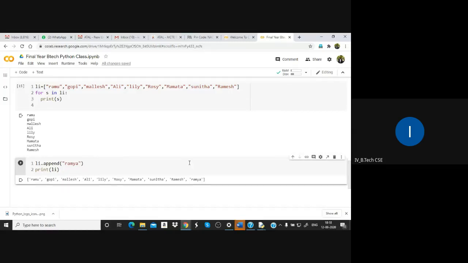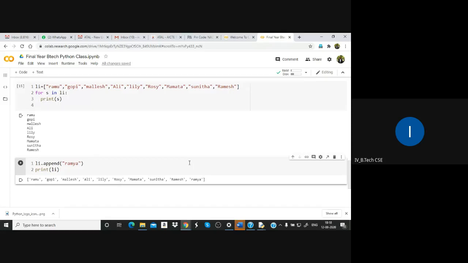So how to add Ramya to the list? Just use the append function. Append function works with the list. Add function will work with some other data type, which I will discuss later. So you have to use append. Append means adding at the end. Ramya I have added at the end. So like that Ramya is added.